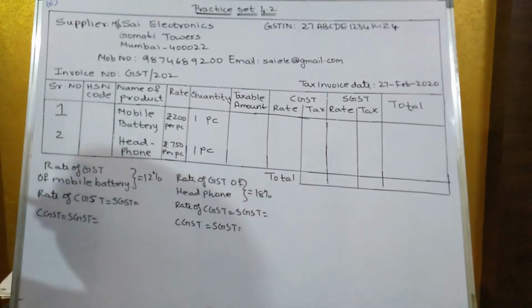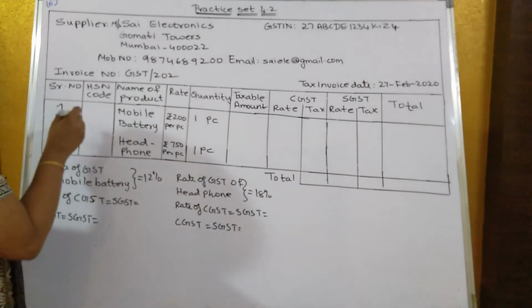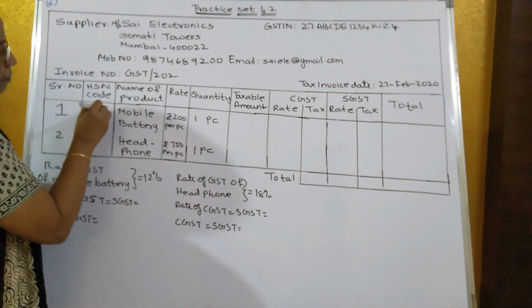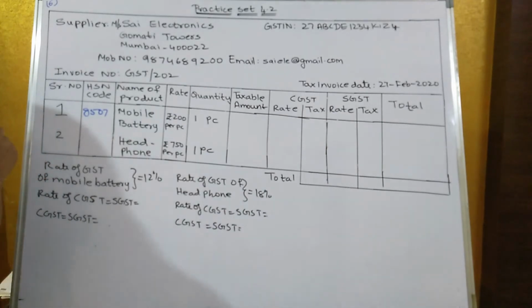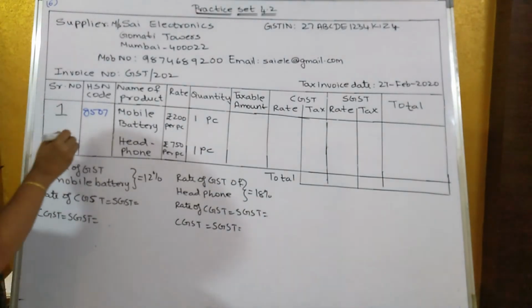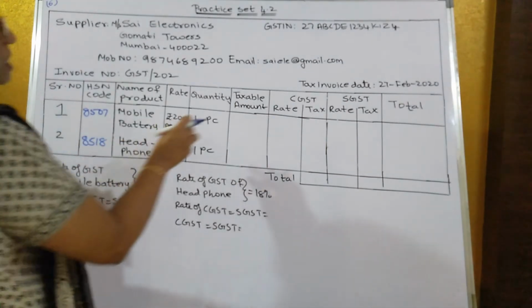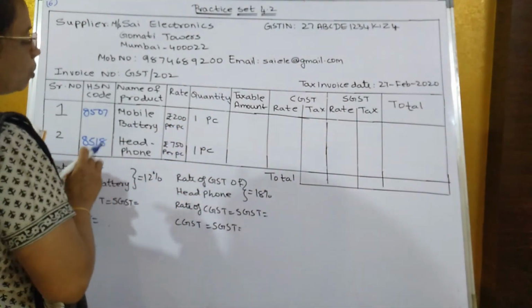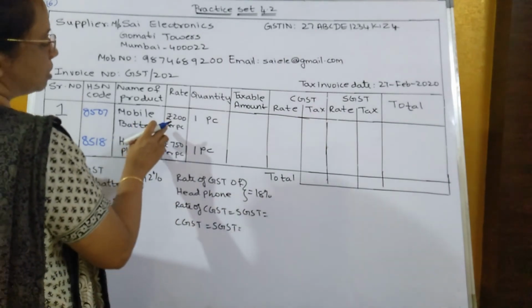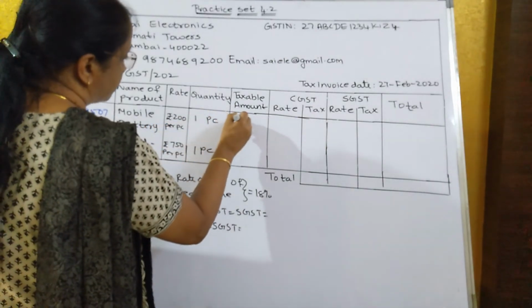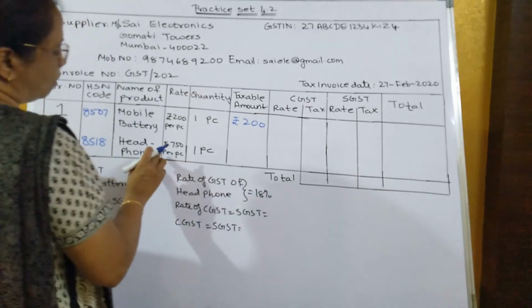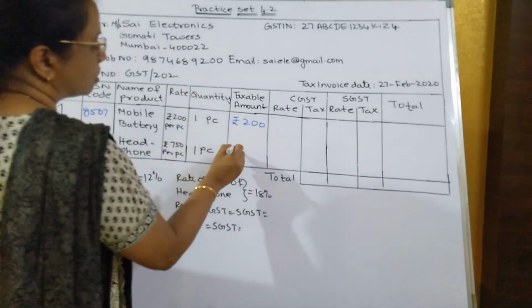The HSN code is already given. HSN code of mobile battery is how much? 8507, and that of headphone is what? 8518. Now what is the taxable amount? Since the person has brought only one piece of mobile battery, so the taxable amount will remain same. And that of headphone also he has brought one piece, so that is equal to rupees